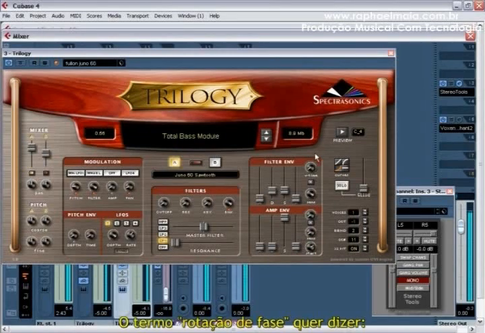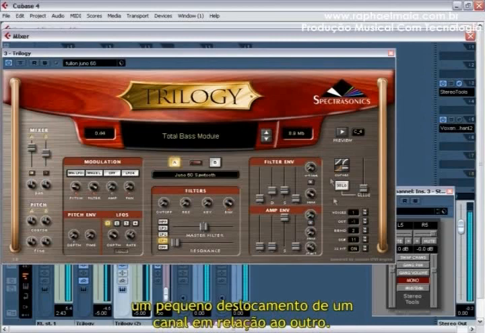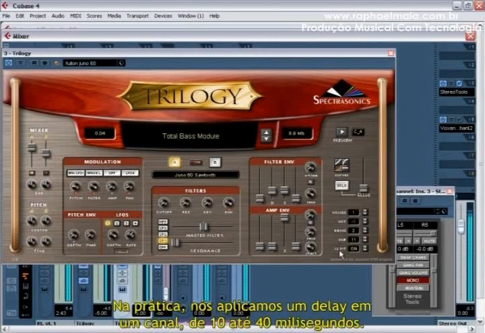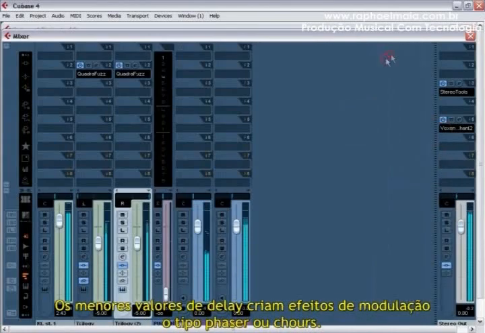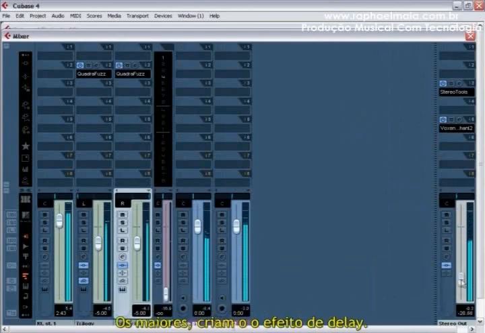The term phase rotating describes a sample shift of one channel relative to another. In practice, we apply a delay to the channel from 10 up to 40 milliseconds. The smallest delay value gives us a modulation effect like chorus or phaser. The largest value gives the delay effect.